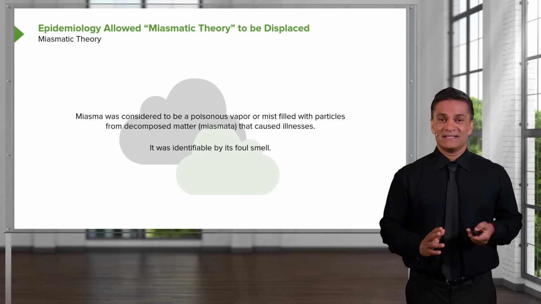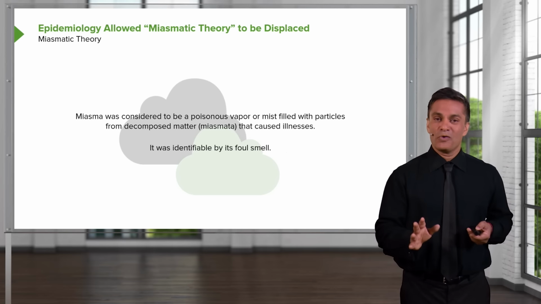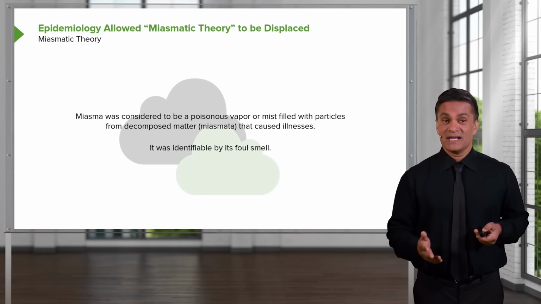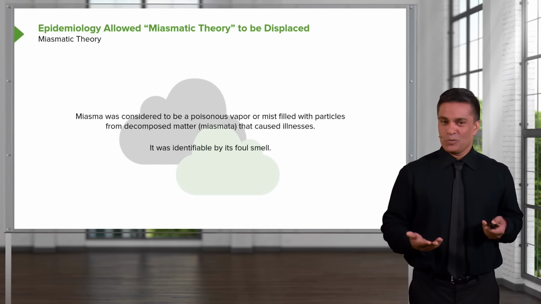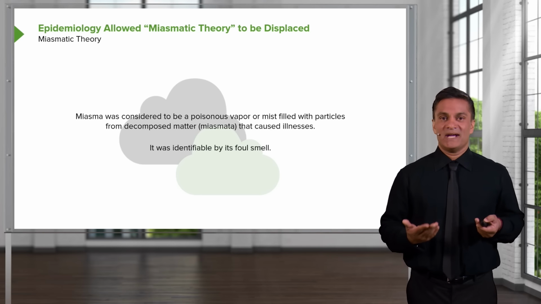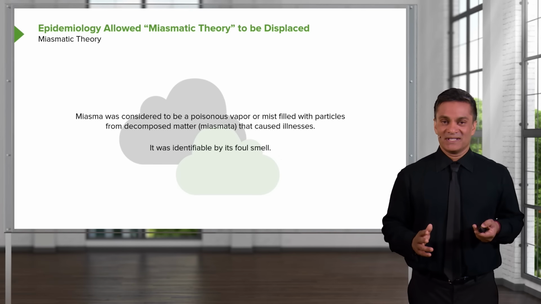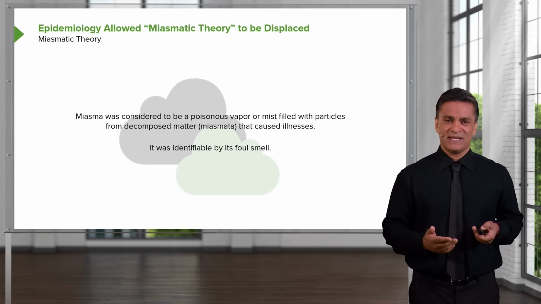Let's look a little bit at the history of disease before we continue. Before John Snow and his brethren made their innovations and discoveries, it was thought that diseases were caused by miasma. What's miasma? It's some kind of fantastical, poisonous, magical vapor or mist that would emanate from swamps or the ground, and people would shut their windows at night so it didn't get into their houses and cause them to be sick, and it had a foul smell associated with it.